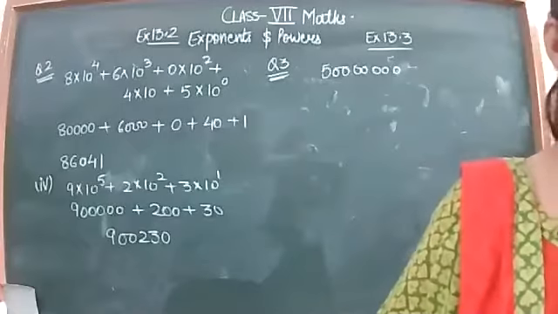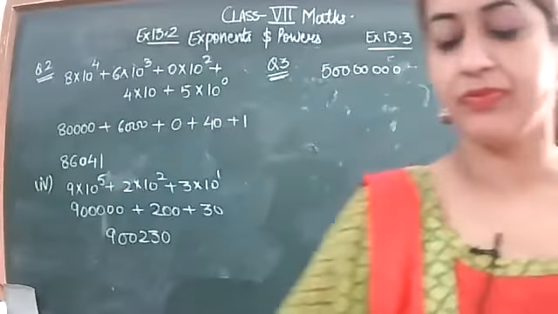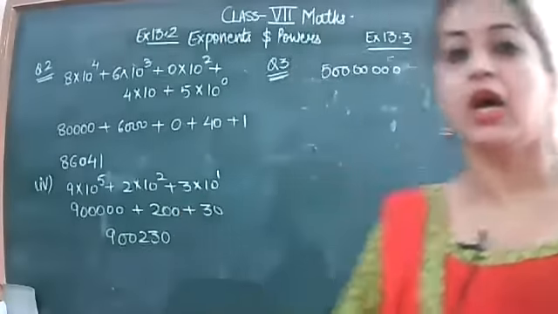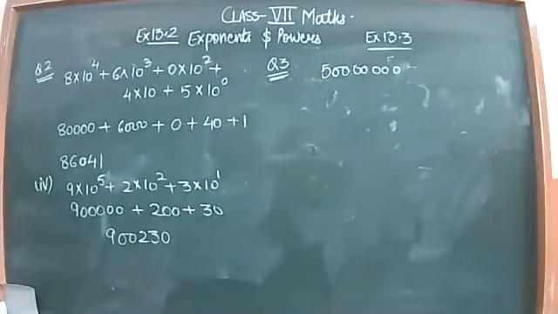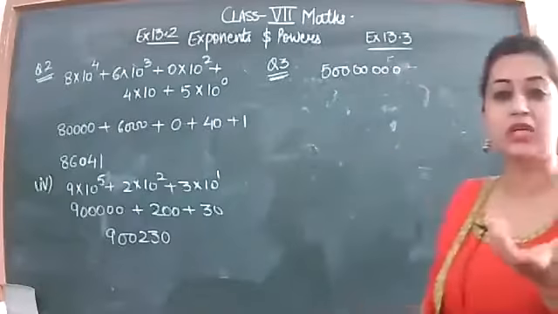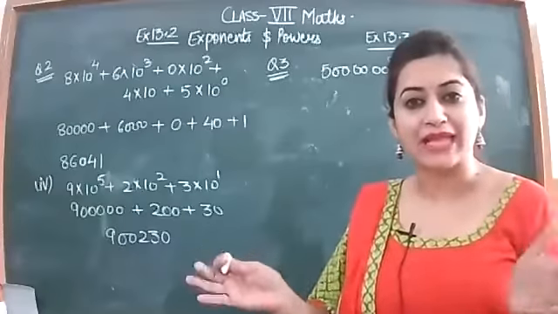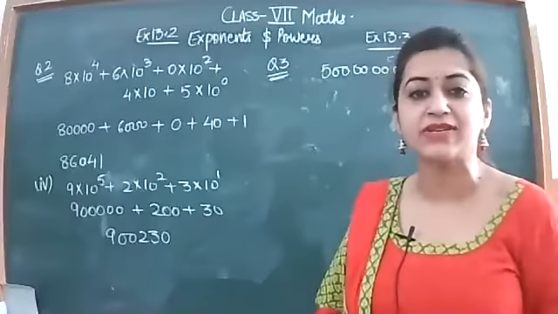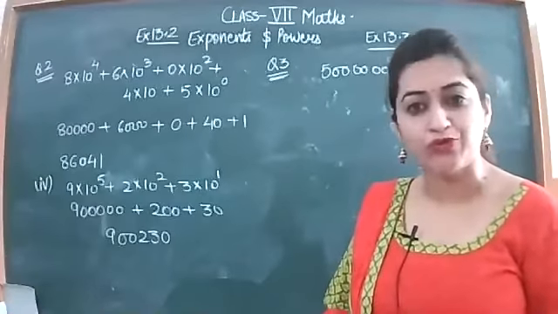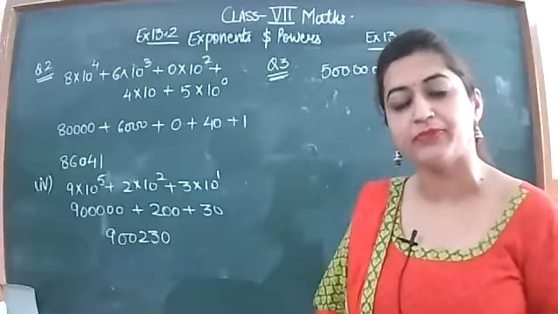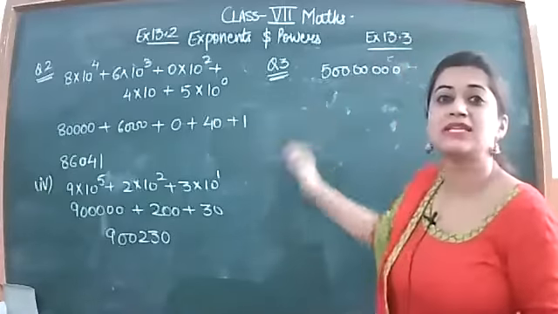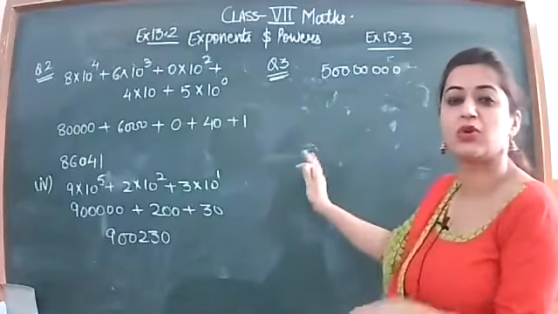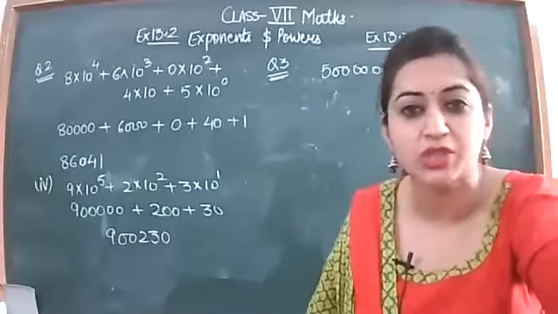Now the next question is to write in the standard form. What do we mean by standard form? It is very difficult to read out such a large number. So to make them compact, to write them in the easiest form so that one can easily read them out, we are introducing one new form that is known as standard form. This simple number is called the usual form. If the number is written simply with zeros, then it is said to be in the usual form.